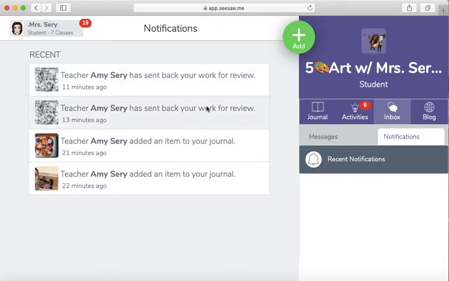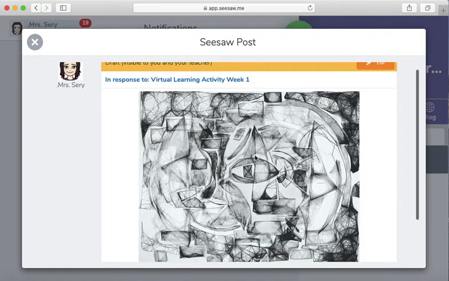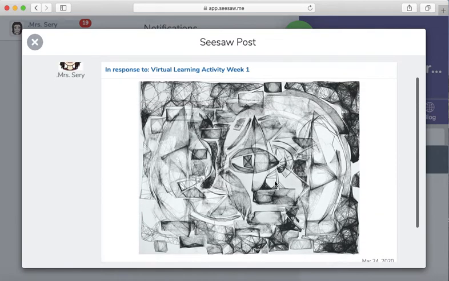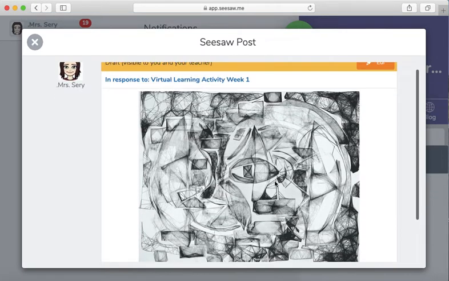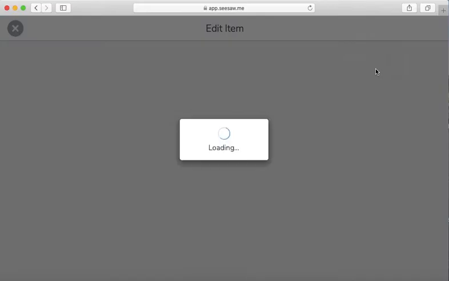Additionally, the notifications are here. So let's say you've sent something to me and I send it back. So you could see here, I've sent something back for me to review. Some of your teachers might be using this if you are doing an assignment and they want you to check it. Now we have drafts available. So then you can edit your work and send it back to your teacher, which is really great. I didn't necessarily need to edit this, although occasionally I have sent things back